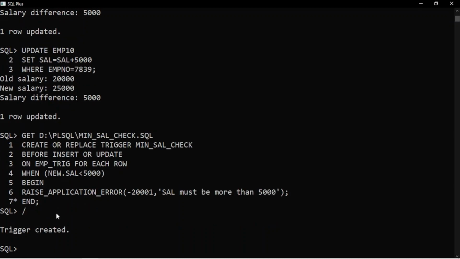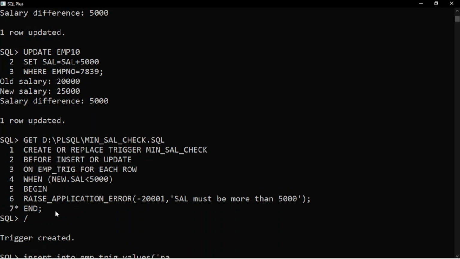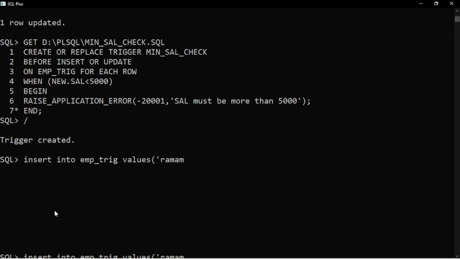Now try to insert a record into EMP trig table. It is insert into EMP_TRIG values, AMAN, RAMAN, salary, I am giving 4,000, which is less than 5,000.